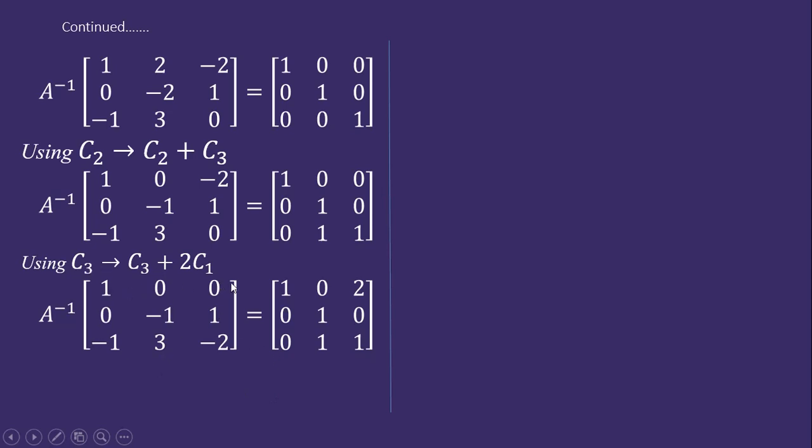So first row gets adjusted. Now to second row. Here this middle element we want to get 1. Now if we observe this second column, here we have minus 1. If we multiply this second column by minus 1, we get here 1. So we apply this transformation due to C2, and it is minus 1 into C2. We multiply second column by minus 1 in LHS, in matrix A, and in this matrix in RHS.